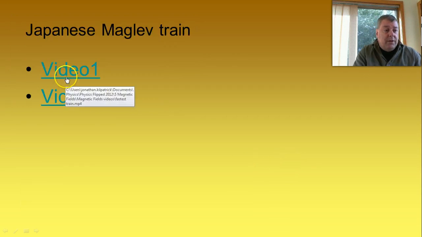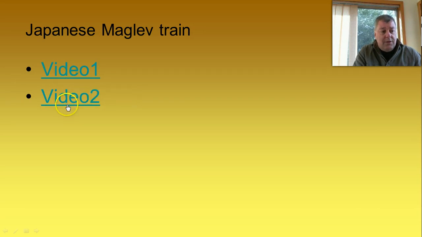And I've got a couple of videos here. The first one is of the fastest train, that will be on the OneNote, and the second one is, let's just hover the mouse over it, the Maglev, which I think is a promotional video from a company that wants to sell these magnetic levitation trains as a commuter option, maybe between the airport and the city, and it has lots of information on how they work and how they bank the corners and things like that,